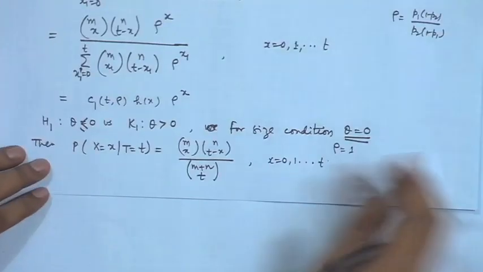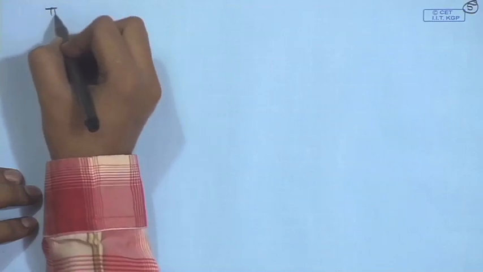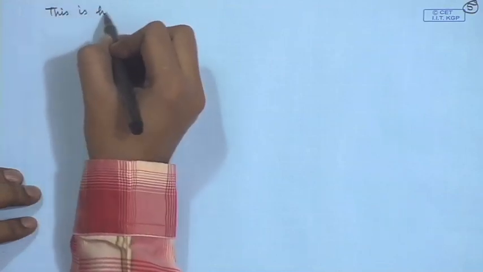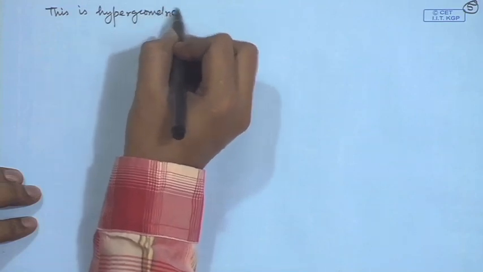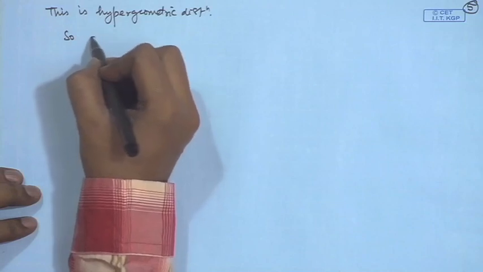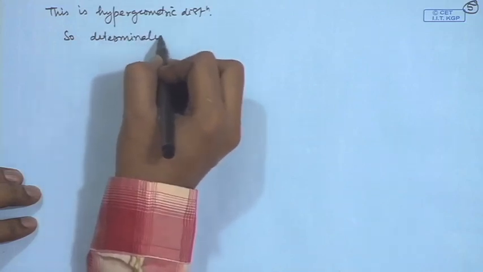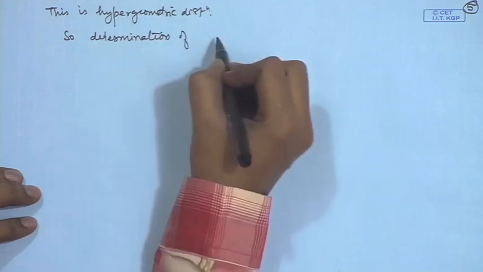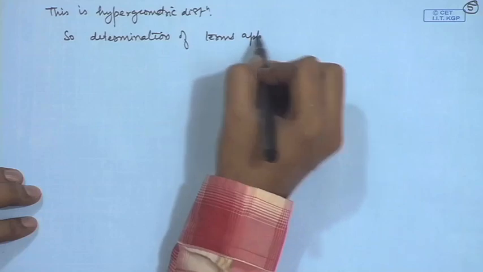And you can notice here that this is nothing but a hypergeometric distribution. So, determination of terms appearing in the test